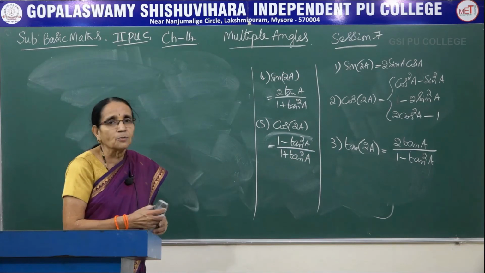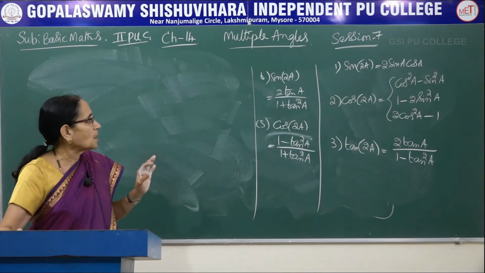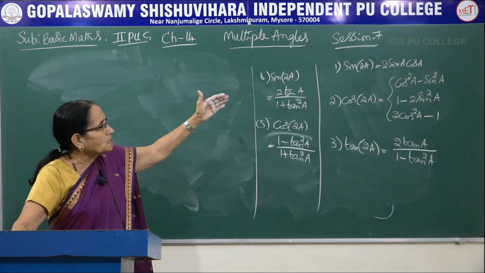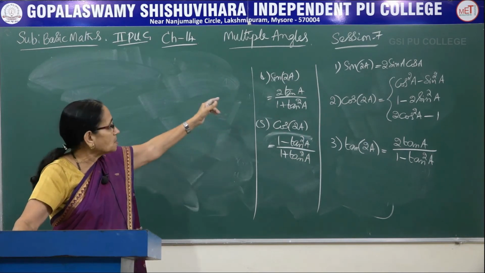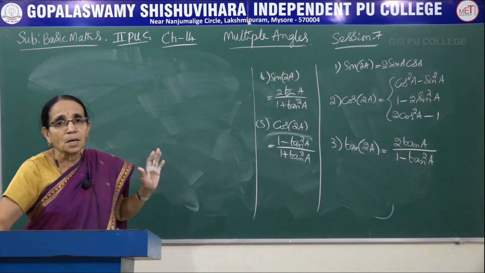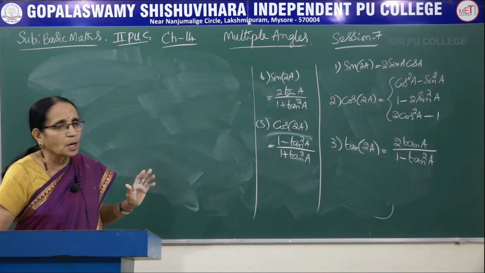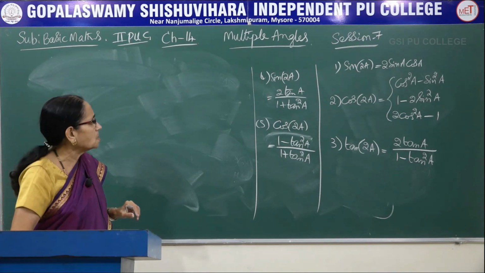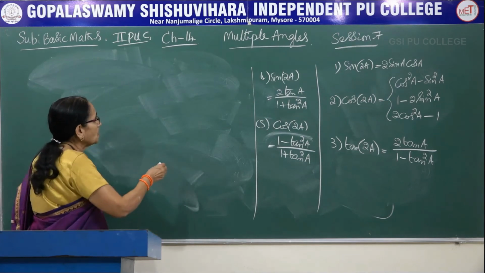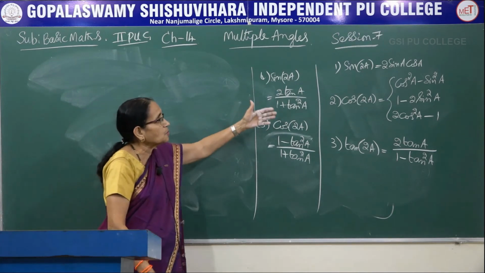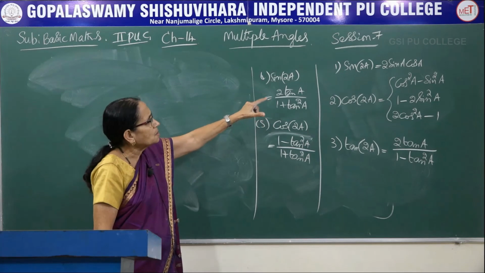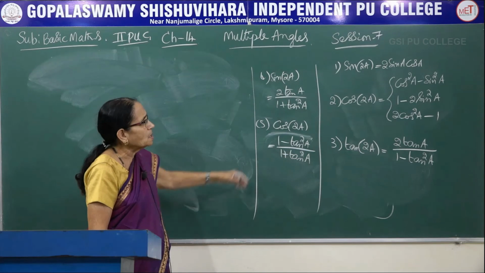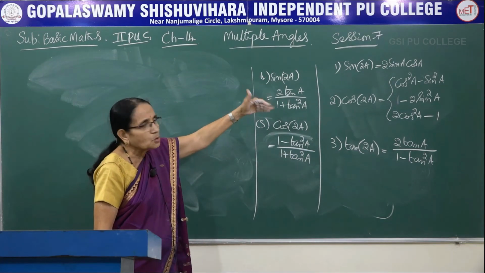So these are the 5 formulae which give us the values of sin 2A, cos of 2A, tan of 2A in terms of only sin, cos and only tan. Whereas the fourth and the fifth formula, they give sin of 2A and cos of 2A in terms of tan of A. Now, let me write all these formulae together. Let me see this one. Already I have written here. Now, come to the second formula. Cos of 2A, cos square A minus sin square A, you just leave it.